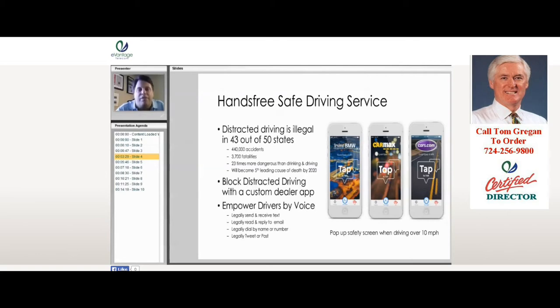And the reason why this is so important is because distracted driving is illegal in 43 out of 50 states. Why is the government behind that, you might think? Because there are 440,000 accidents every year just in the United States alone, and sadly over 3,700 fatalities because most